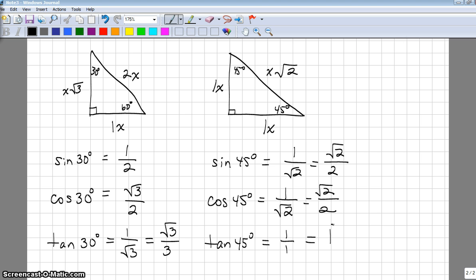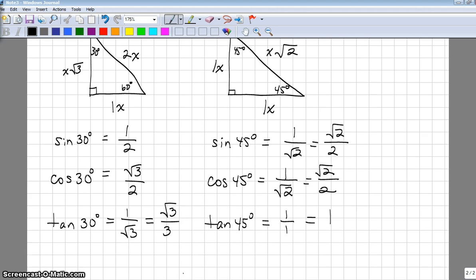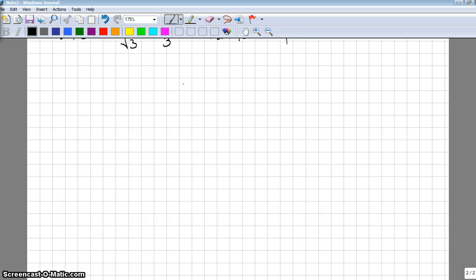So the purpose in me showing you this is to show you that with the special right triangles, the 30, 60, 90 triangle and the 45, 45, 90 triangle, we don't really need a calculator if we remember the ratio of the sides. And this is going to help us later on when we look at triangles or angle measures that are outside of a right triangle. Okay, so the next thing we're going to look at is how do we find